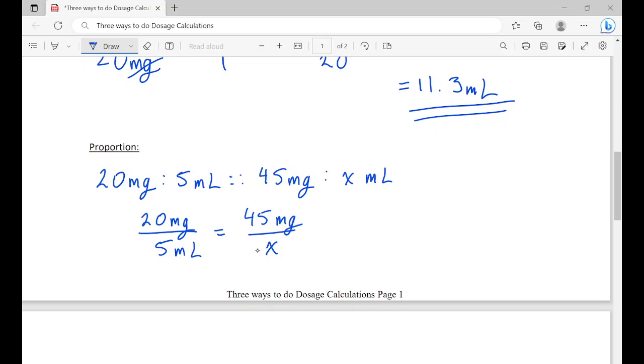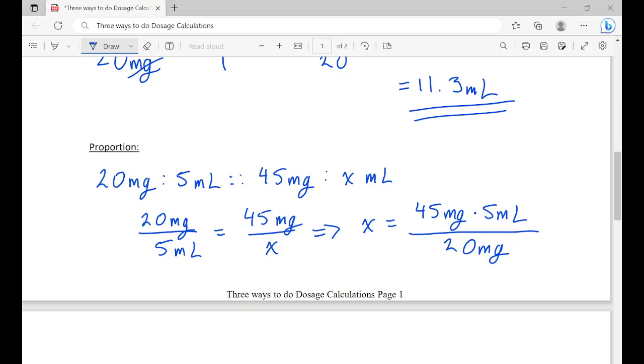So I'm going to multiply the x over here, I'm going to multiply the 5 over here, and I'm going to take the 20 under here. So what's that going to look like? I'm going to get x equals 45 milligrams times 5 milliliters. So I moved the 5 over here, the x over here, and now I'm going to move the 20 underneath. So 20